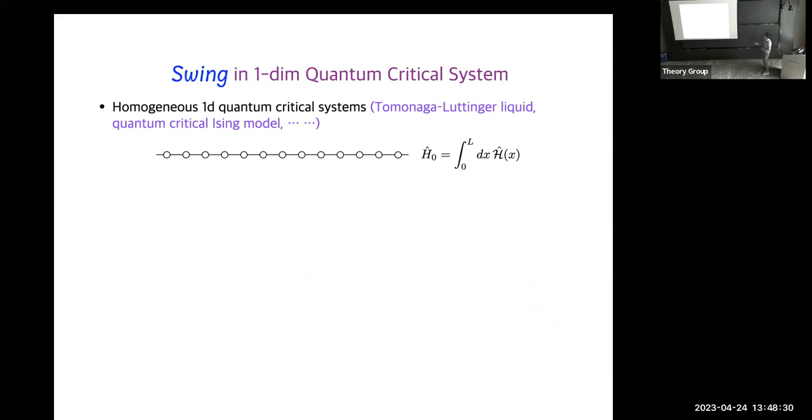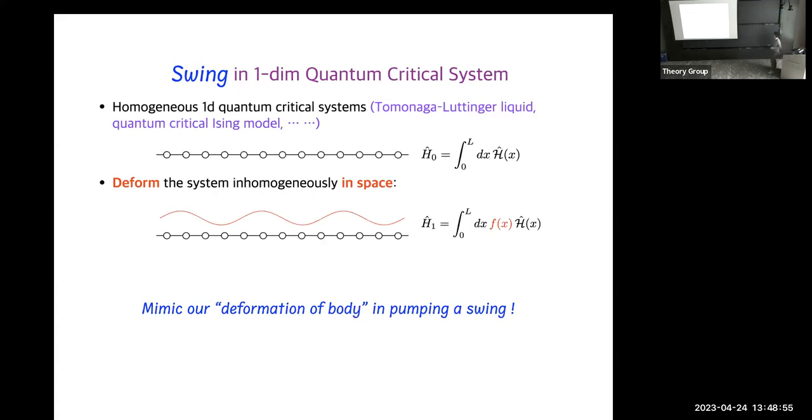So imagine that at the very beginning, we are given a one-dimensional system where the Hamiltonian density is homogeneous. It's homogeneous in space. Okay, we have for example, here the lattice model. There is translation invariance in space. Okay, now to play swing in the second step, we will deform the system inhomogeneously in space. What does this mean? This means